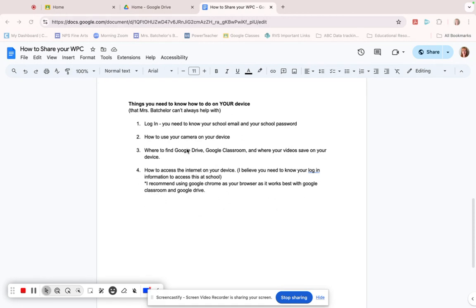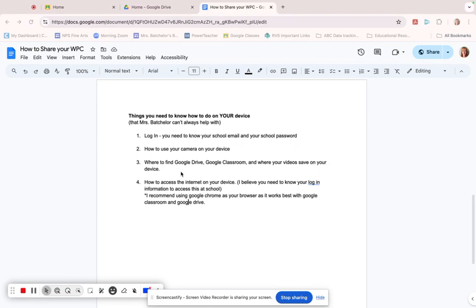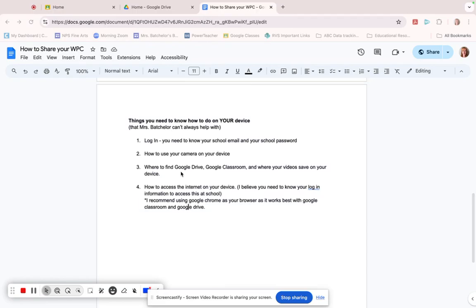You need to know where to find two specific places, Google Drive and Google Classroom. And you need to be a part of the Google Classroom, which should have already been done today. And you need to know how to access the internet on your device. So if you aren't getting the internet at school, please talk to your homeroom teacher because they can help you